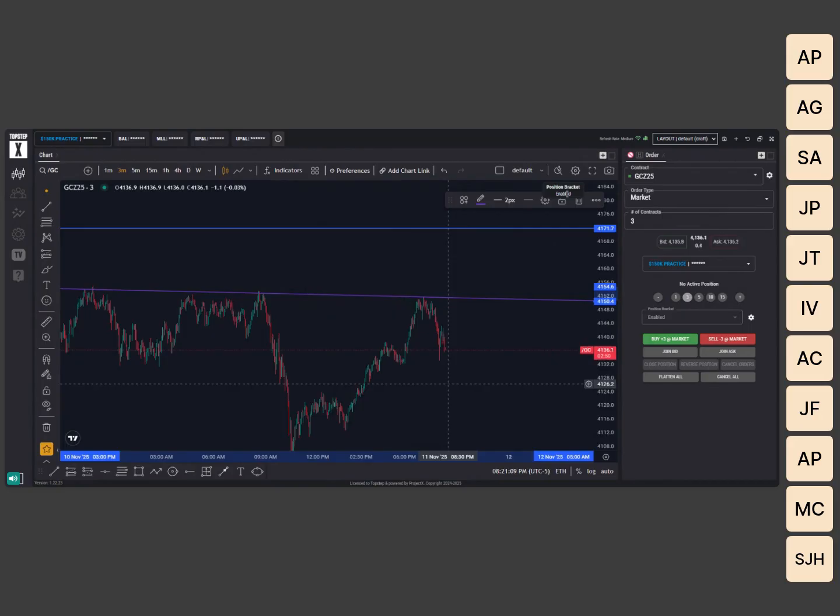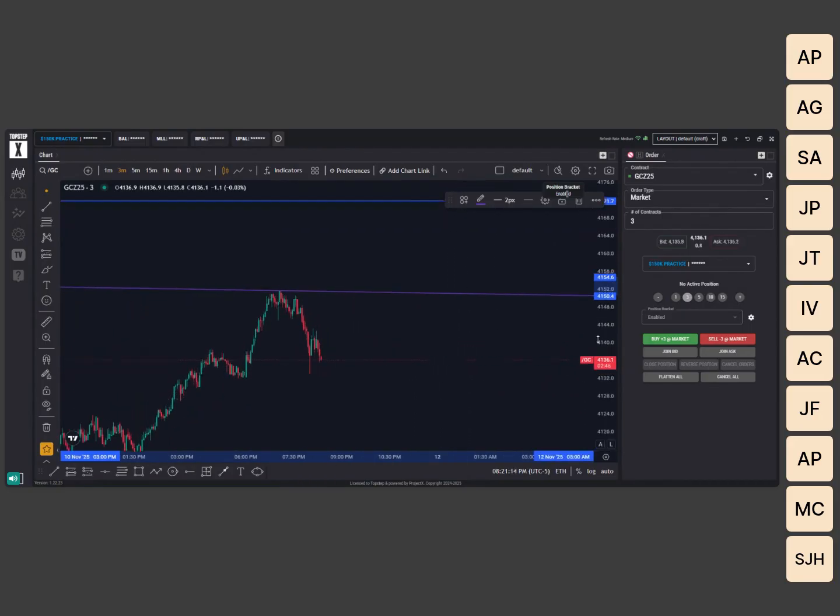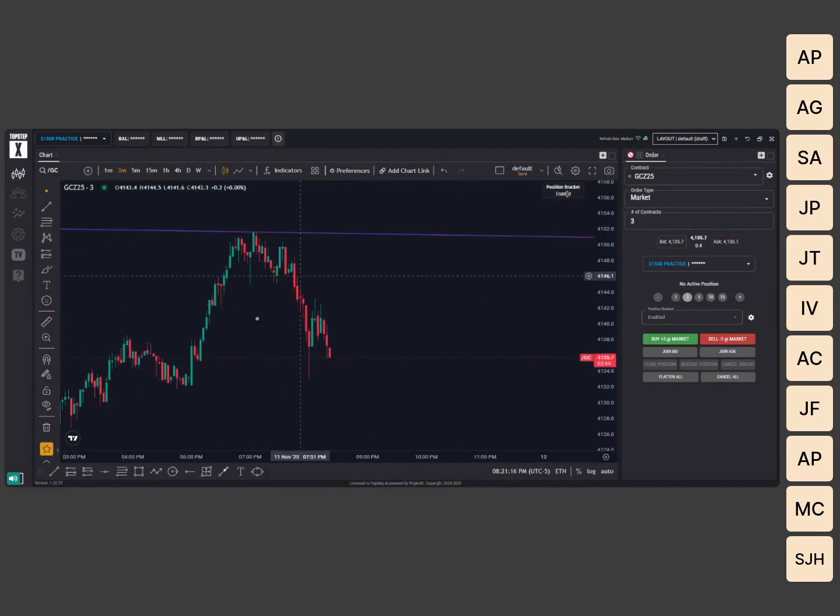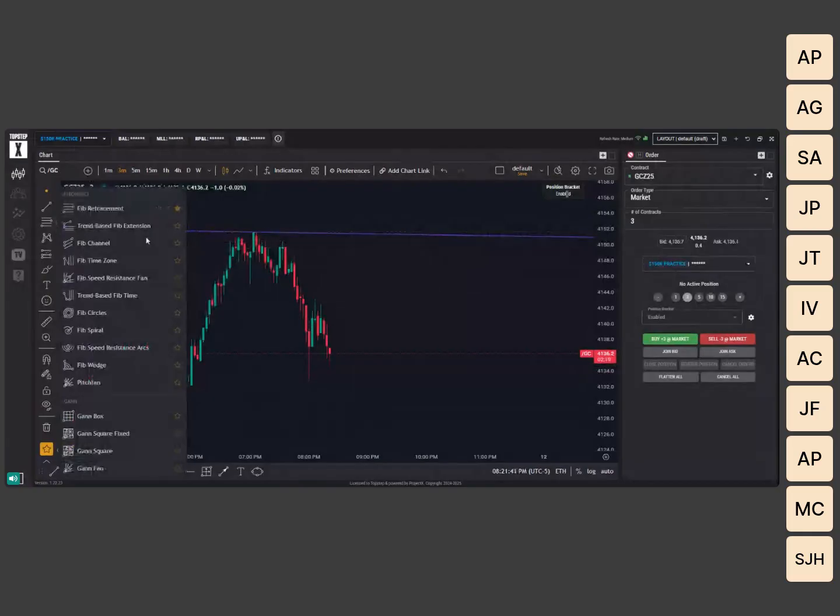So going back to understanding structure, right? If we were looking at just this current piece on the 3-minute, we were bullish, then we started breaking below, right? So this would be this set range right here. This set range from 6 p.m. to about 8:30 currently. We broke to the upside, then we broke to the downside. So if I highlight this,